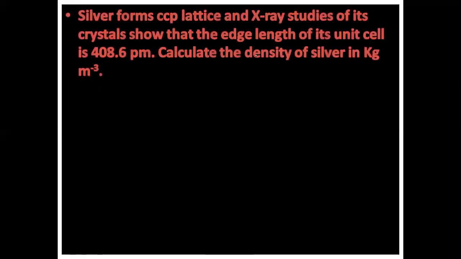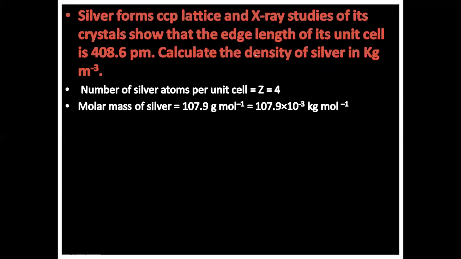Numericals based on it. Silver forms CCP lattice, and the X-ray studies of its crystal show that edge length of its unit cell is 408.6 picometer. Now in this numerical, edge length A is given, that is 408.6 picometer. Calculate density of silver in kg per meter cube. Number of silver atoms per unit cell, Z is equal to 4 in this case, and molar mass we know it is